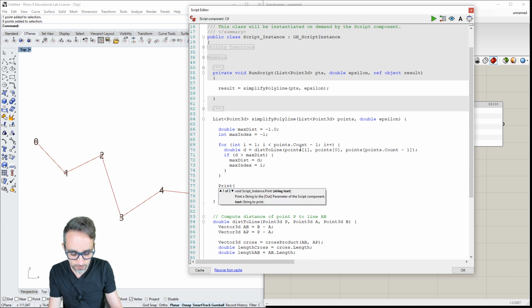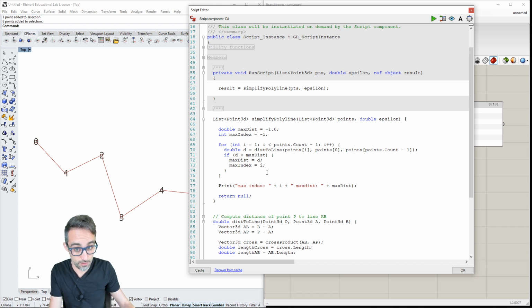I'm going to print here index, maximum index is going to be equal to I, and then maximum distance is going to be equal to max dist. And I have a typo here. This is not I, it is maximum index. Let's see if this runs.